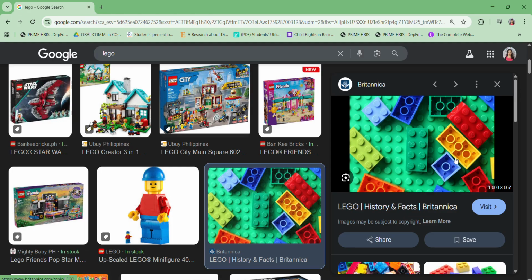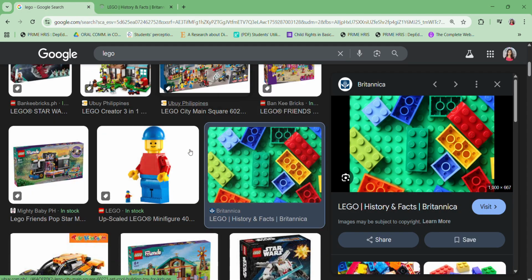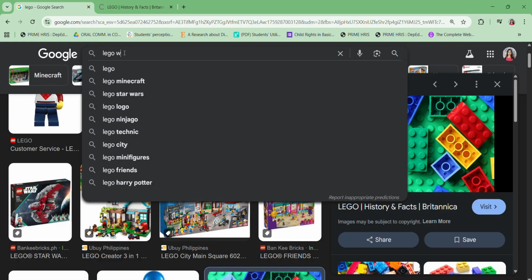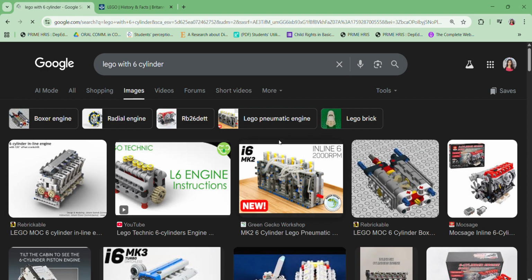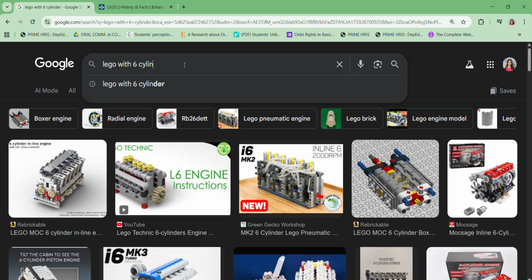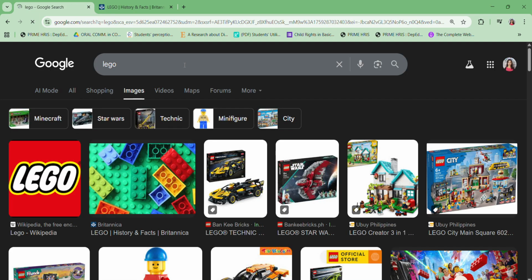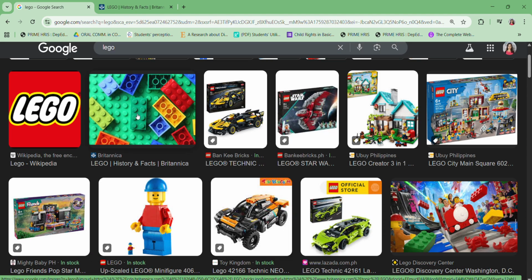Okay, you are going to create a Lego with 6. It's not the one. Okay, anyway, let me just point out what Lego I want. Okay, this one on green. This one is the Lego.